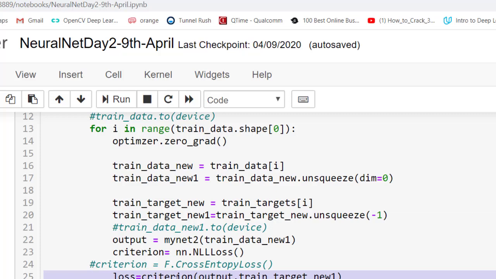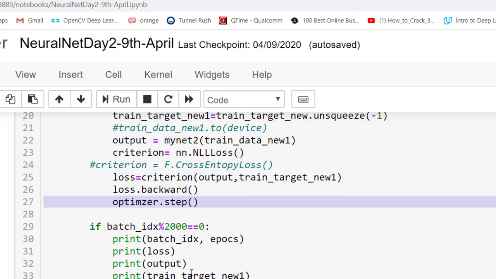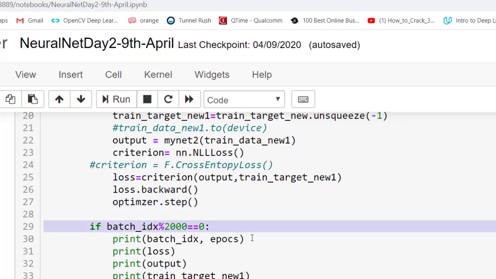It produces the loss, and what I want to minimize is the loss, right? So I need to do loss dot backward. This is where I am doing the backpropagation. To minimize this loss, I am doing the backpropagation. What it means is that from the loss, the gradient values to minimize are all passed all the way up to the inputs. And when we do optimizer dot step, the values are updated so as to minimize this loss. So loss dot backward, optimizer step. And every time the batch index reaches 2000, I'm printing it.